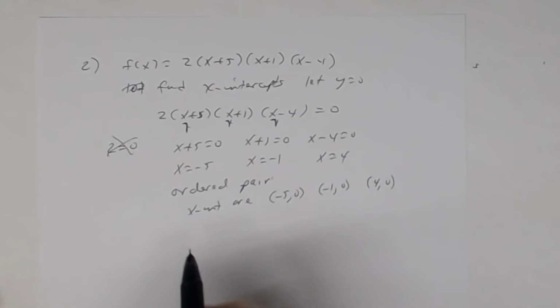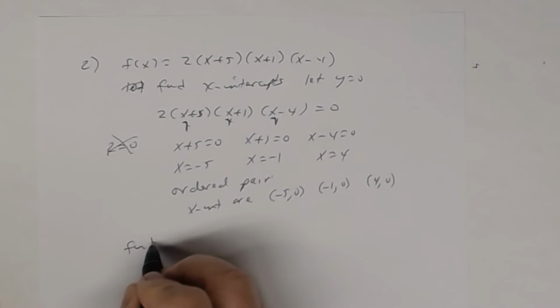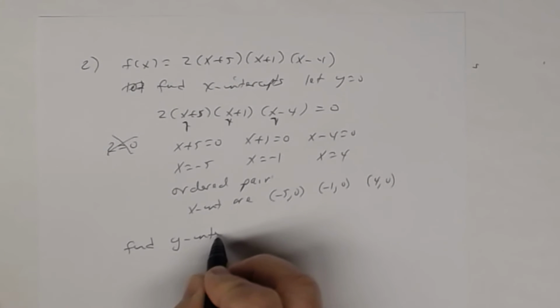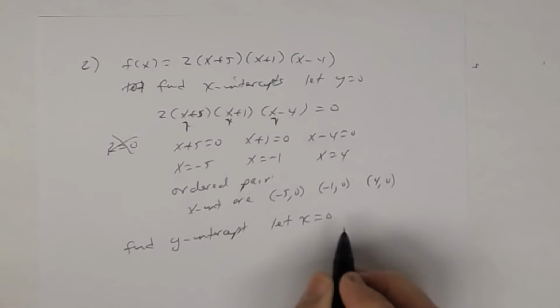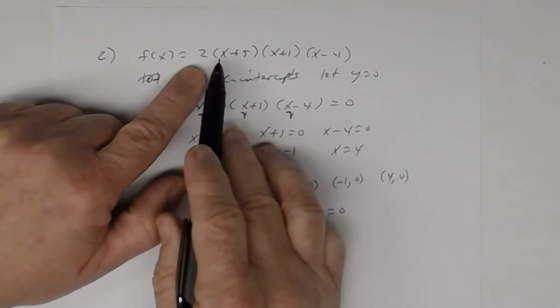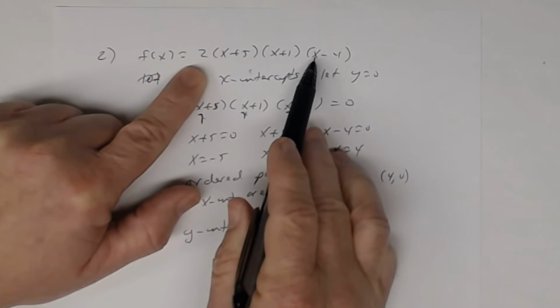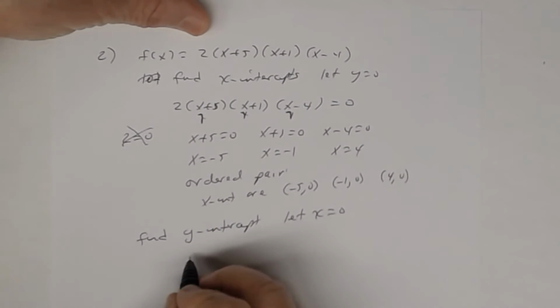All right? And then let's go ahead and find the y-intercept. Remember, to find the y-intercept, you're going to let x equal 0. So you go back to your function. Wherever you see the variable x, you're going to substitute 0. So I have f of 0,